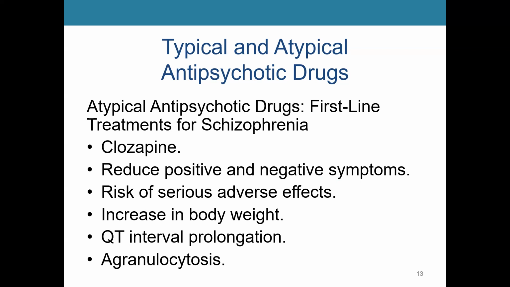The atypical antipsychotic drugs, or the second generation or novel antipsychotic drugs, are drugs that reduce positive and negative symptoms and carry a low risk of the extrapyramidal side effects at therapeutic doses. From clinical studies, we find some improvement in functional outcomes after atypical antipsychotic drug treatment. Atypical antipsychotic drugs may also reduce depression in schizophrenia.